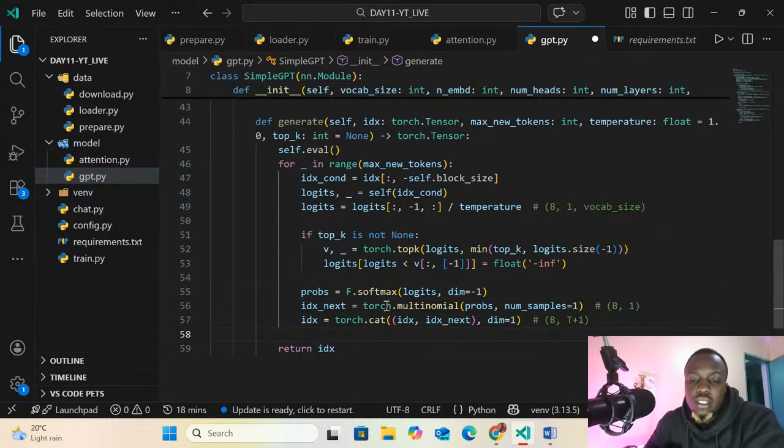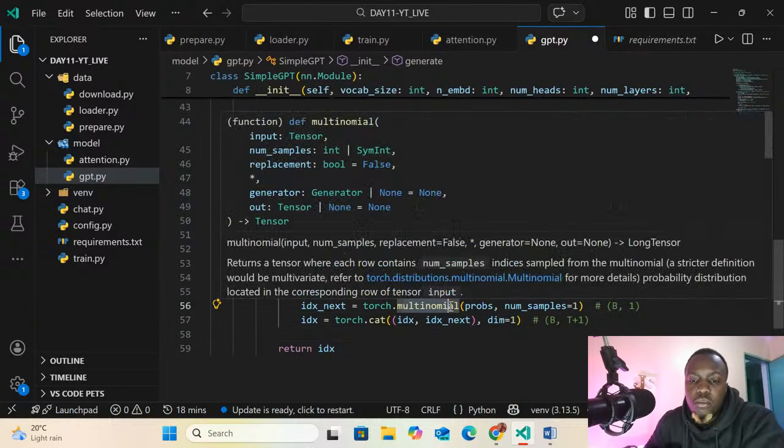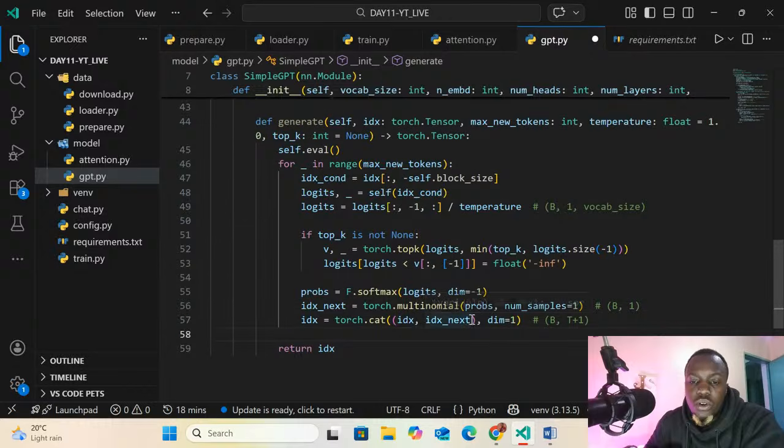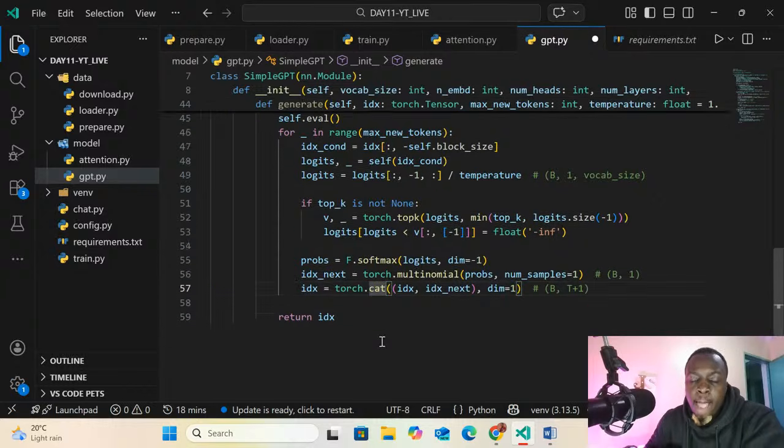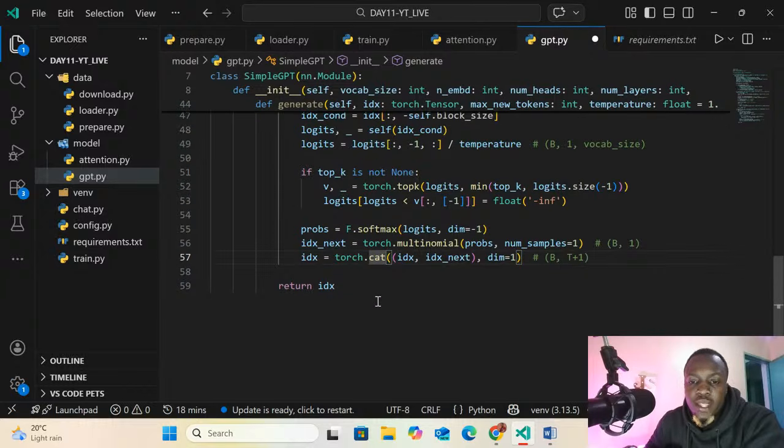The next index, it should go to multinomial. Okay, just pass the index.